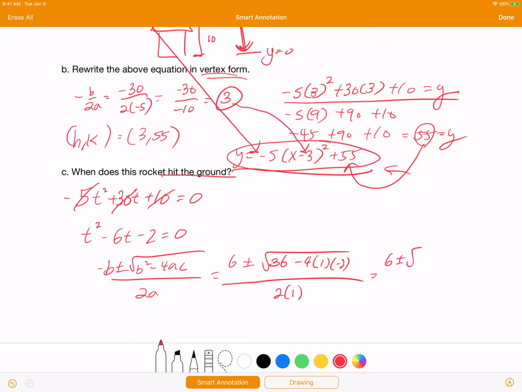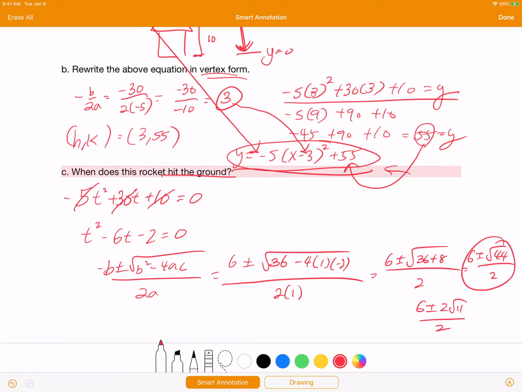So 6 plus and minus the square root of 36 plus 8 all over 2, which is 6 plus and minus square root of 44 all over 2. 6 plus and minus 2 square root of 11 over 2. Well, you can just stay at this stage, but what's important is that you need to find out what the correct answer is going to be. Now, because we're talking about t as time, we cannot do 6 minus square root of 44 over 2,